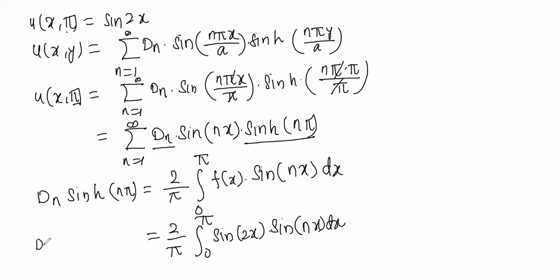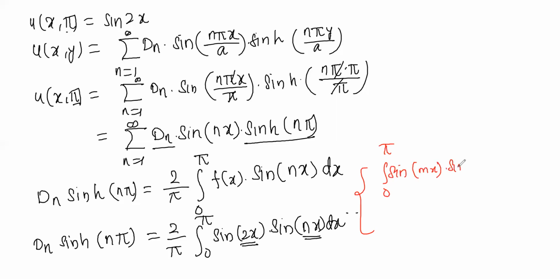So now dn and then sine hyperbolic n pi. And now we know the formula for this. The integral equals 0 when these two are not equal, and when n is the same as 2, then I'll get pi by 2. Basically I'm talking about this formula, which I have already mentioned, but I'll mention it again for your reference. It's the integral from 0 to pi of sine mx into sine nx. This is equal to either 0 or pi by 2. When m is not n, then it is 0, and when m is equal to n, this is pi